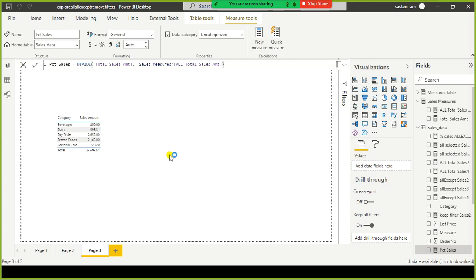We are done with this. This one I need to move to the sales measures table; ideally I should have moved it here. Now I do it.